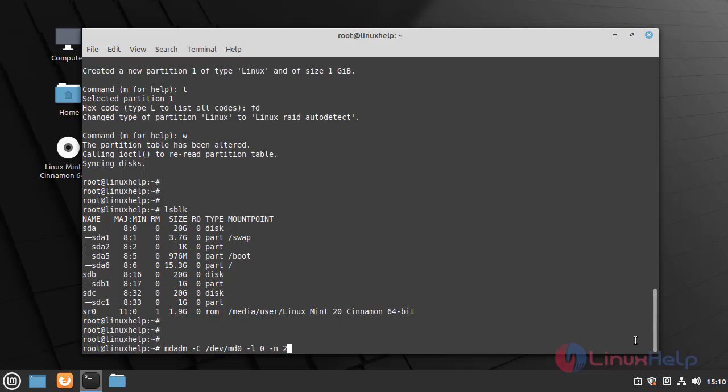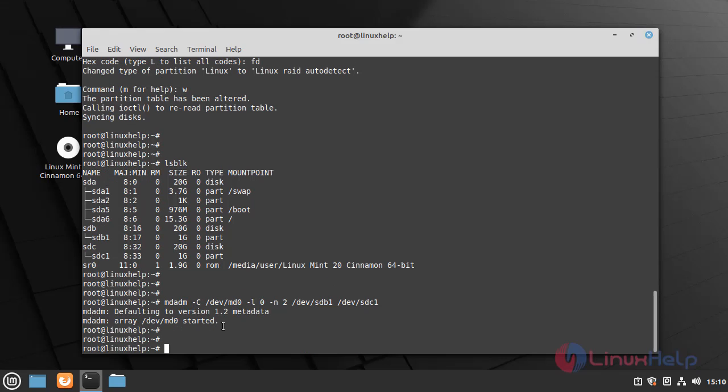Here I am using two partitions. The RAID is created.